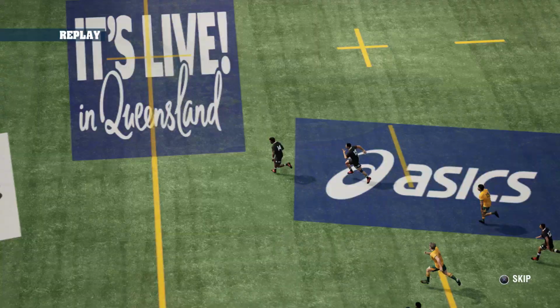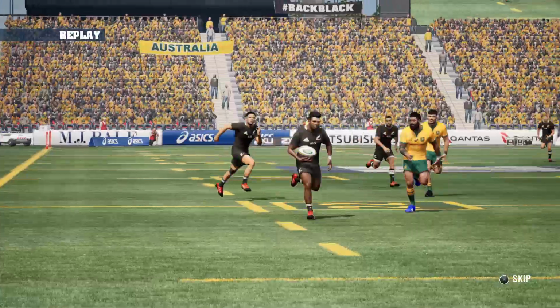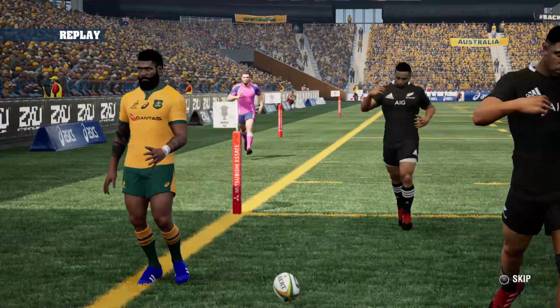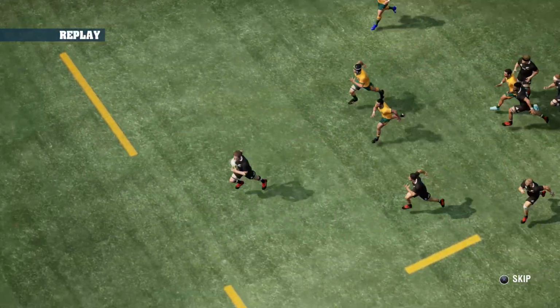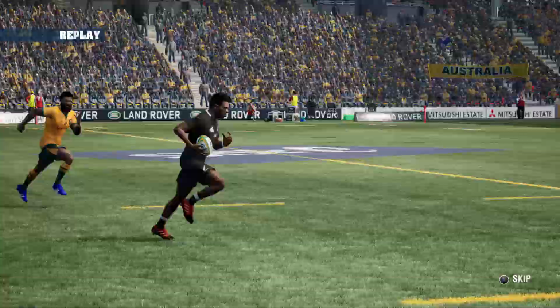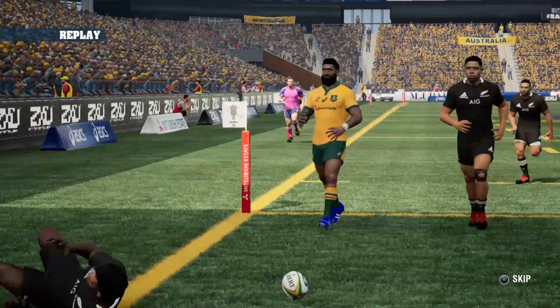Rieko Ioane keeping his support alive brilliantly to Sam Whitelock through the middle of the park, and he found the speedster Korobeti up against Reece. And Marika Koroibete couldn't do much to stop that. Reece with the head start. Paisami chasing down the rampaging bull. There was Sam Whitelock down the middle of the park. Just like that,